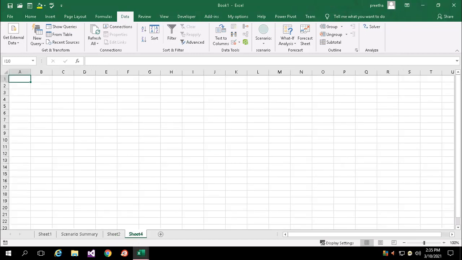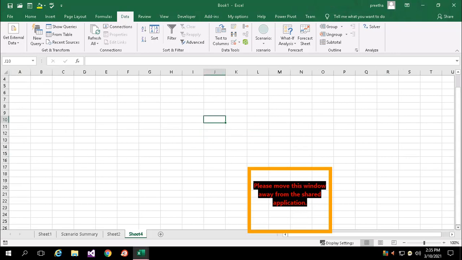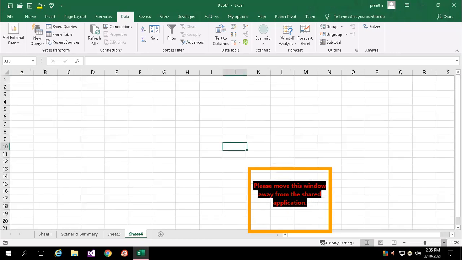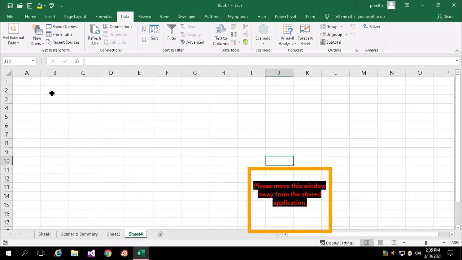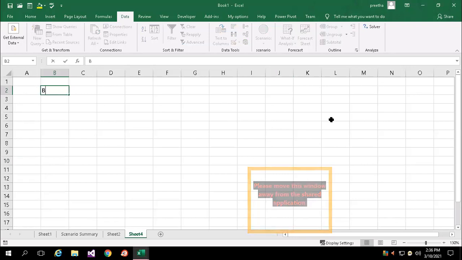I'll take another sheet. So now it's cost allocation, or what we say, if I have branches in different areas.